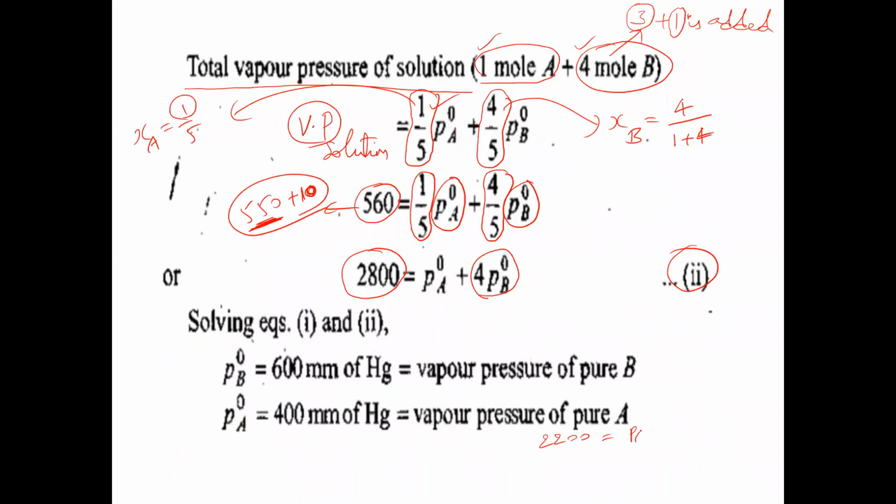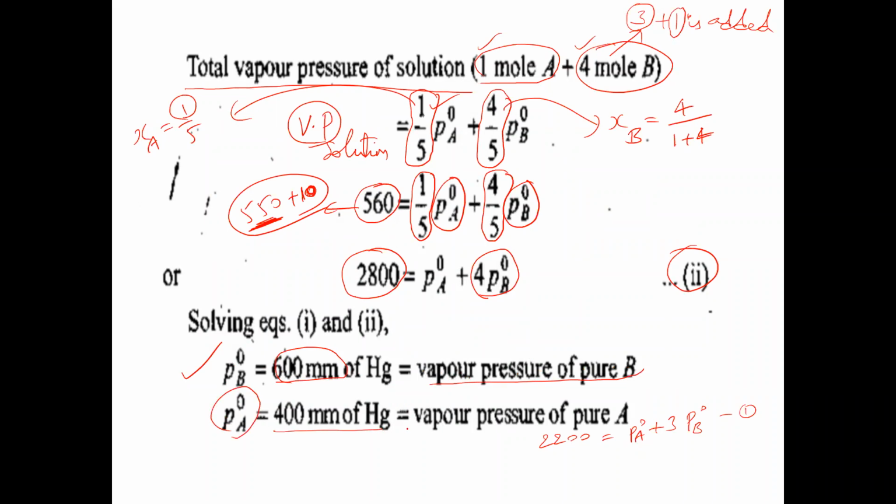Equation 2 is 2800 equals PA naught plus 4 PB naught. Solving equations 1 and 2, we get PB naught equal to 600 mm of mercury, that is, the vapor pressure of pure liquid B is 600 mm. And PA naught is equal to